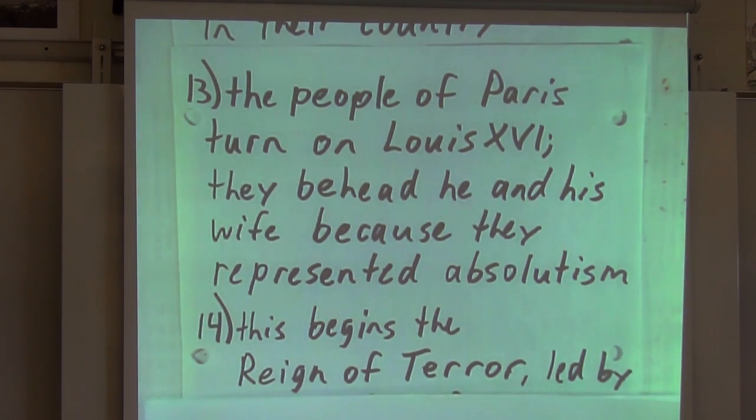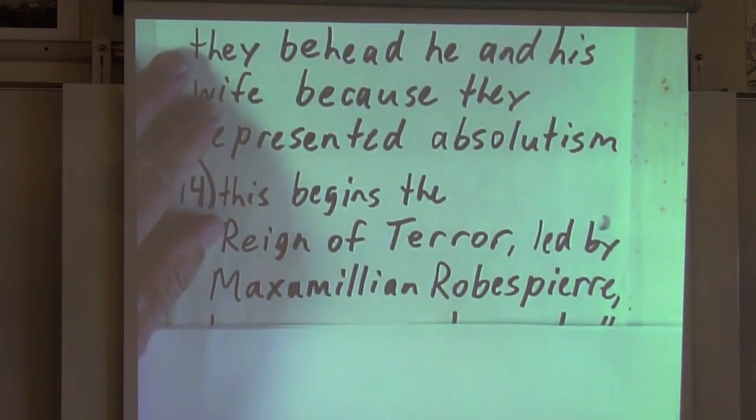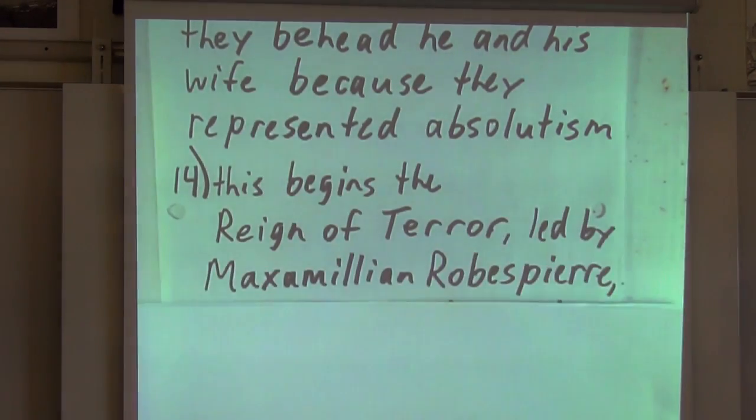This begins a time period called the Reign of Terror, which I've talked to you about in political spectrum number 2. Okay? Political spectrum number 2. The Reign of Terror. This was led by a man named Maximilien Robespierre. And he was very serious about all of this stuff, and as we get into more of a discussion of politics, we'll come back to Robespierre and we'll talk about him in more detail. He was very serious about changing the situation in his home country. He was a third estater, but he was a well-educated lawyer. And Maximilien Robespierre was the recognized leader of the National Assembly and eventually the Reign of Terror.